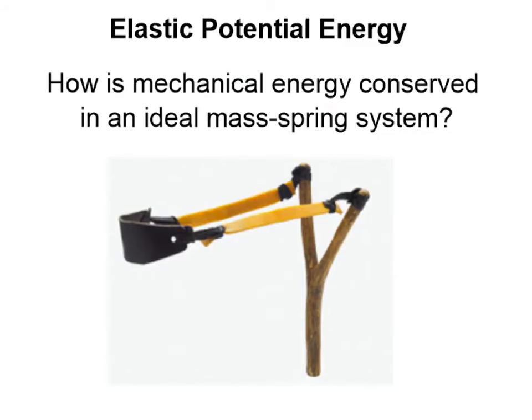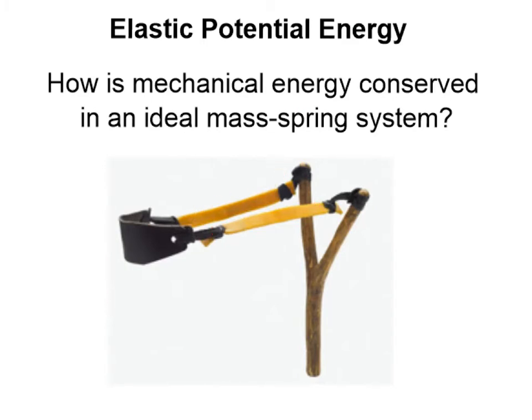So a stretched or compressed spring has elastic potential energy. How is mechanical energy conserved in an ideal mass spring system? Well, let's just take a look. This isn't a mass and a spring, but this is a slingshot. Very similar system because elastic potential energy is stored in this slingshot when it is being pulled back. If an object is placed in here and the user pulls this back and stretches these bands, they are storing that